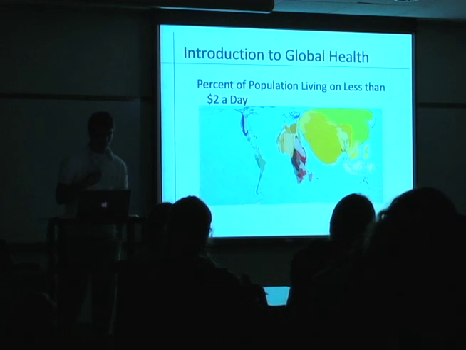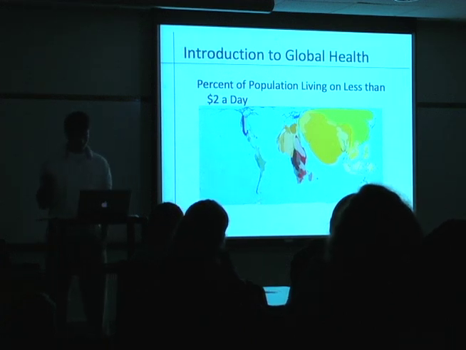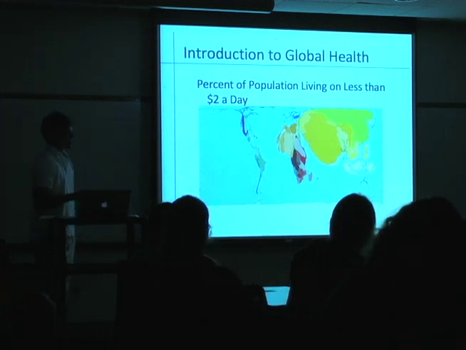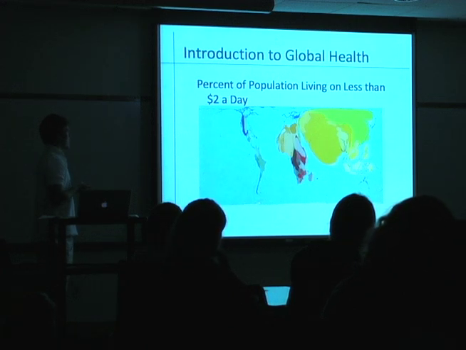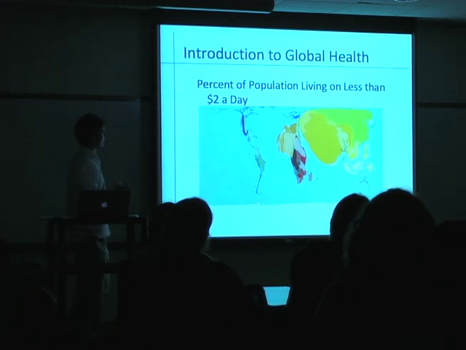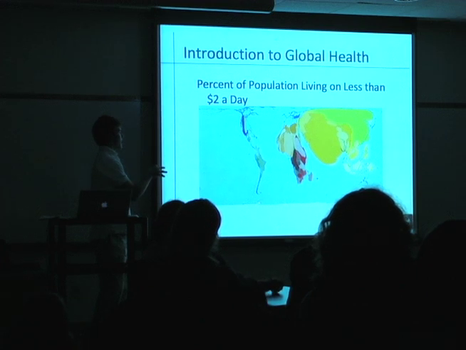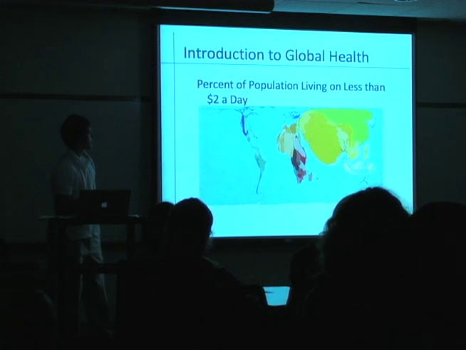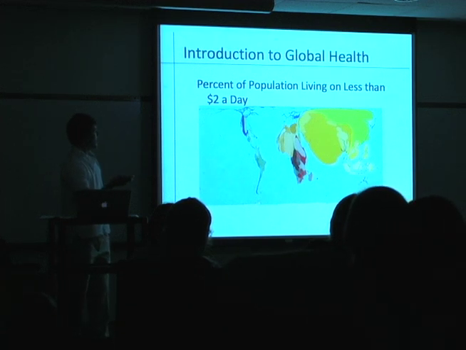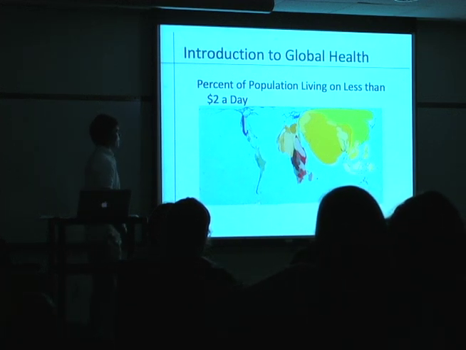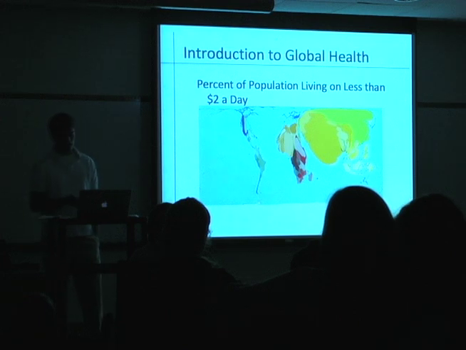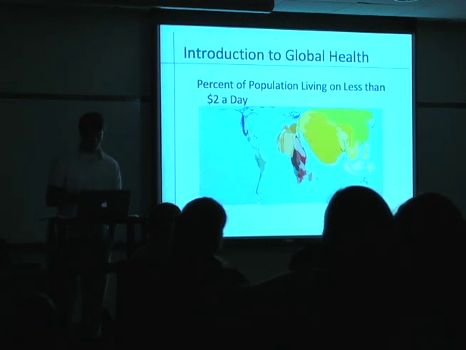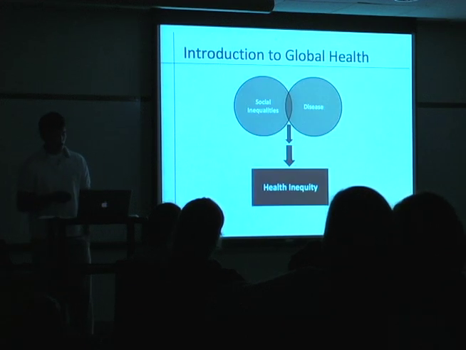As you can tell, I'm a geography major, so I like maps, but I promise this will be the last one. This is a cartogram of the percent of population living on less than $2 a day, so it's scaled by area. India has a very high population living on less than $2 a day. Sub-Saharan Africa, China. And if you see it up here, North America just looks like a little tiny sapling of a tree. So we really live in a world of vast inequality, and this is just one example.